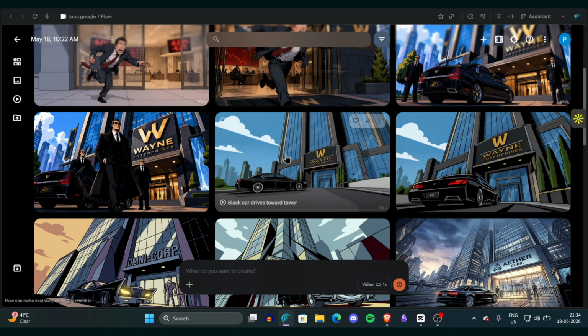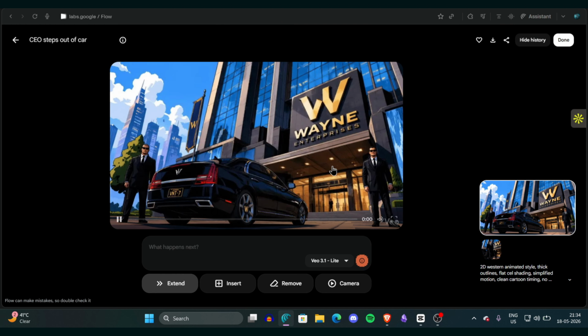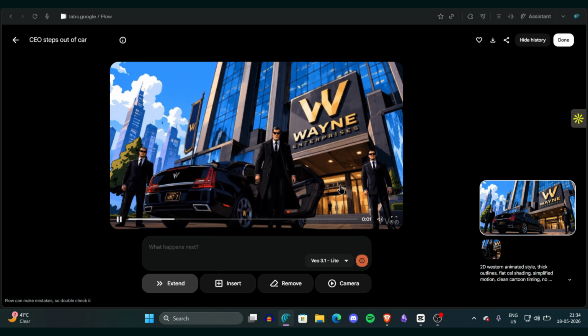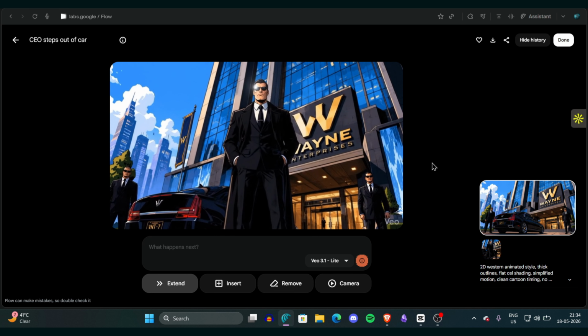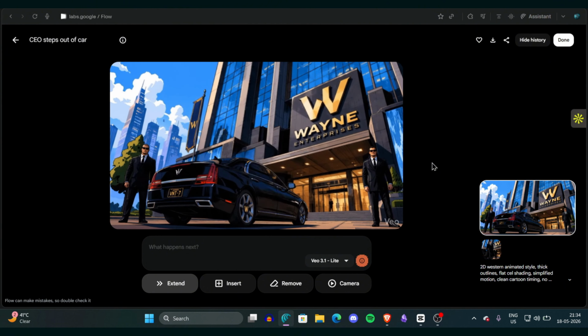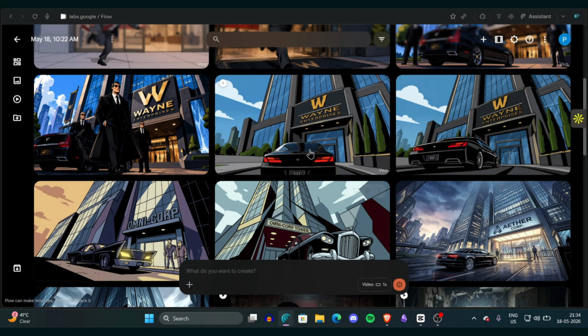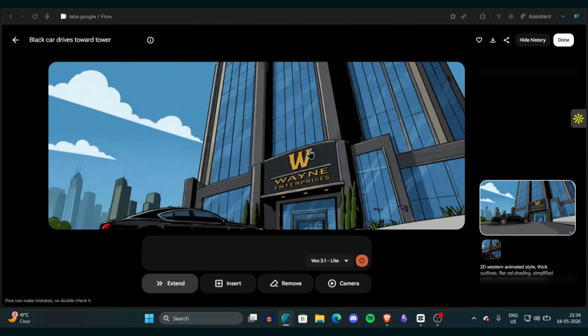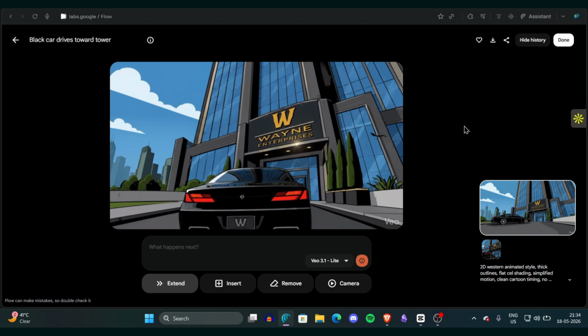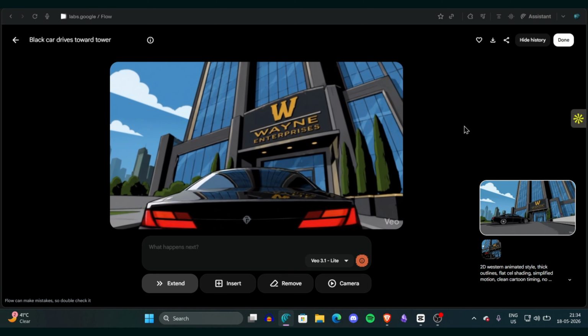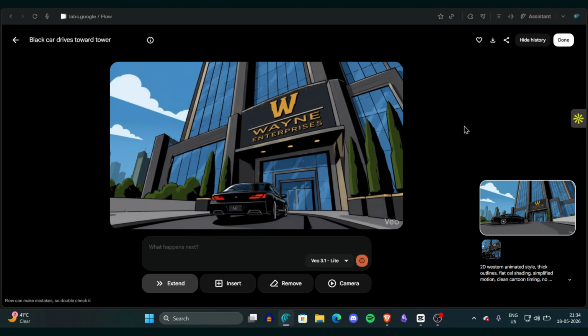So prompt one is like a sleek black guy arriving at the entrance of a massive corporate tower. You can say it's similar to image one, but it has more motion, more edges, more of a vibe of a 2D cartoon. You can see we also have a base style prompt, so we will use this base style prompt on all 4 scenes. By the way, we have generated all of the 4 scenes one by one, and you can see right now